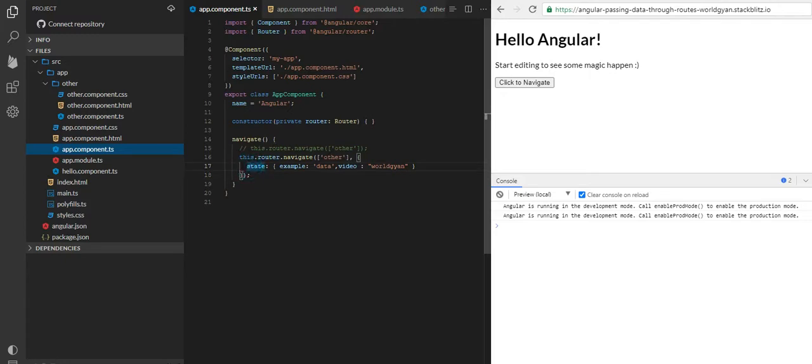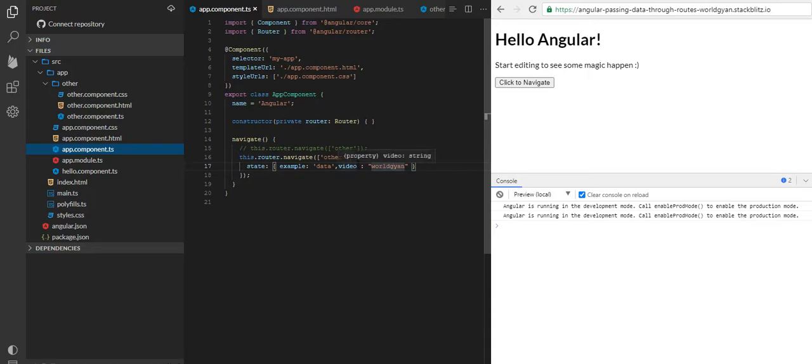You can define anything, but in the second parameter you are passing some data, whichever route you want to navigate to. So what data are you passing? You are passing the state and the example data, video, WorldGyan.